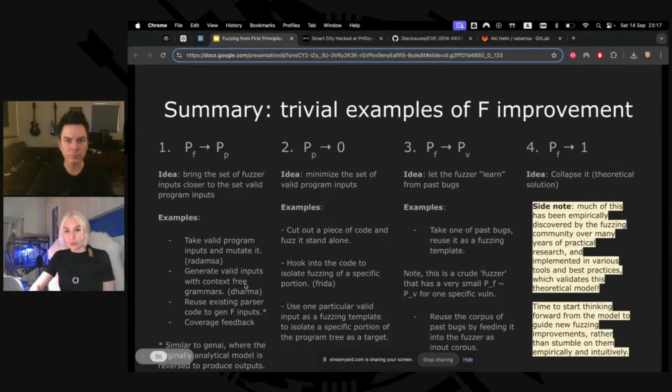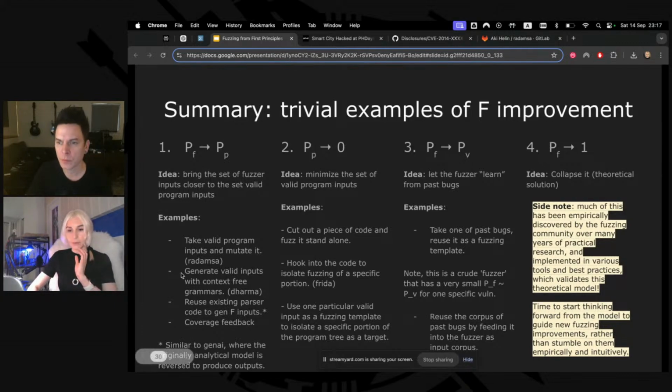The thing about all these tools is that they have been discovered intuitively, empirically. Somebody just stumbled intuitively on this kind of thing that works. And when you look at this model, it becomes so clear why exactly it works. So by applying this kind of theoretical thinking and thinking forward from it, rather than discovering all those tools evolutionarily, we can actually speed up progress in fuzzing.